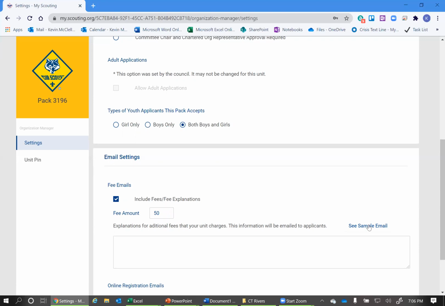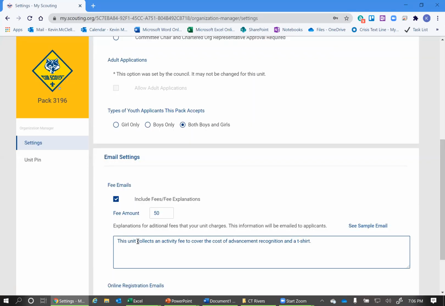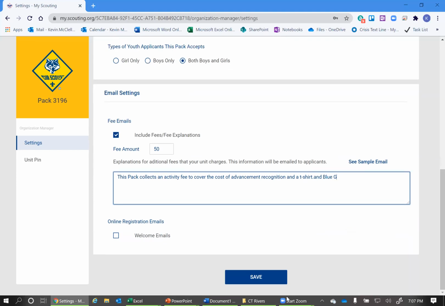They've written out a sample format for you so you can see a sample email. This just says this unit collects an activity fee to cover the cost of advancement recognition and a t-shirt. If you click insert, now you can go down here and edit this. So you could say this pack collects an activity fee to cover the cost of advancement recognition, a t-shirt, and blue and gold dinner, right? Just type in anything that's relevant for you. Then you're going to click save down at the bottom, and this will automatically go out when somebody submits their